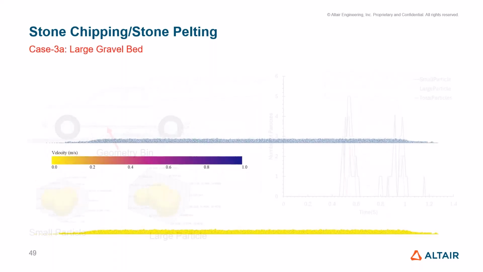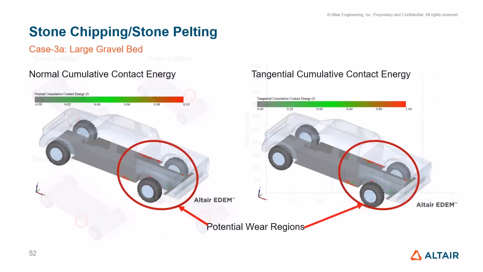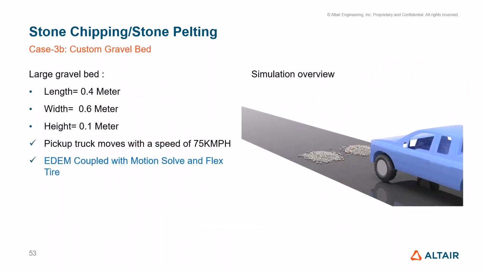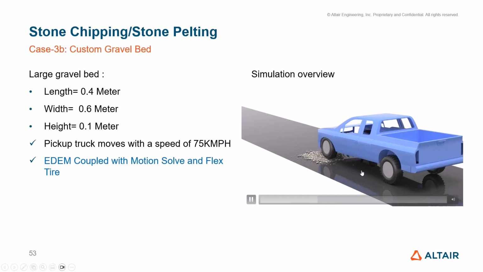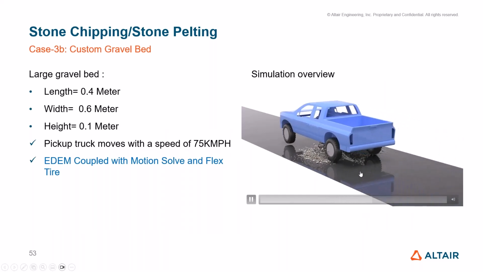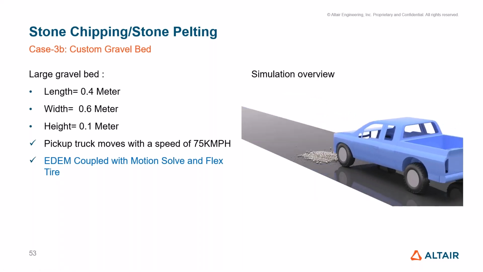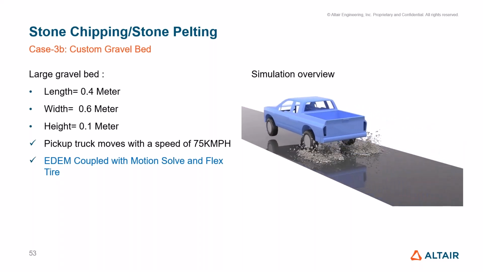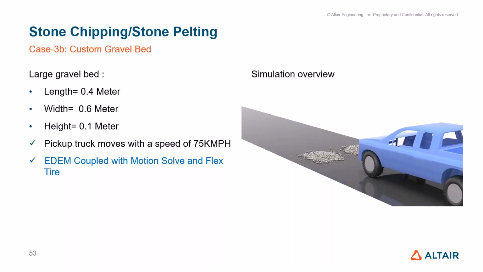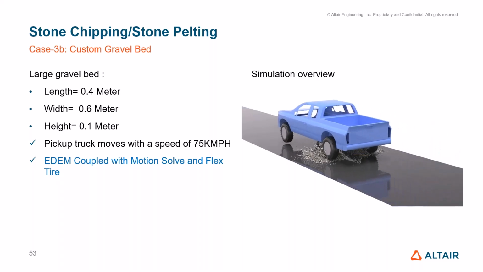So these are some of the results from the gravel large bed case, and the last case is with custom gravel bed, moving a vehicle over a custom or small gravel bed. This is one of the different ways to study. It depends on when there is no standard method, so you can try to follow a custom method from your side by developing a small material bed over a flat surface and moving the vehicle over